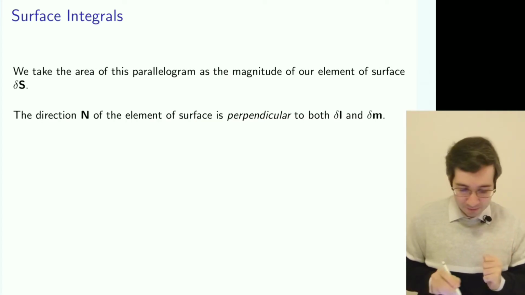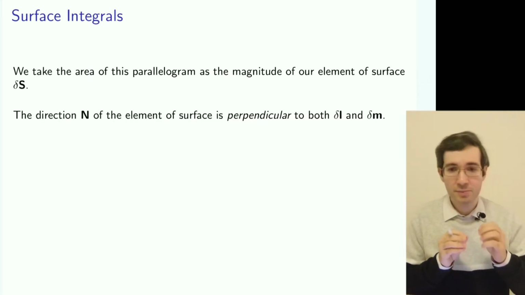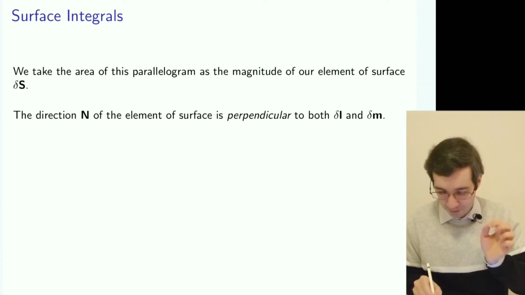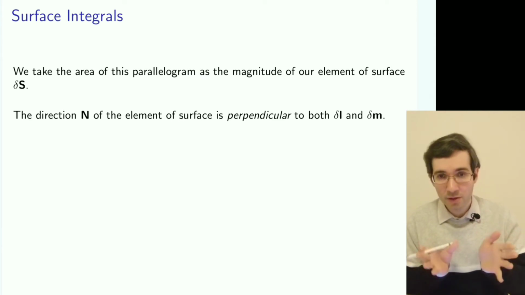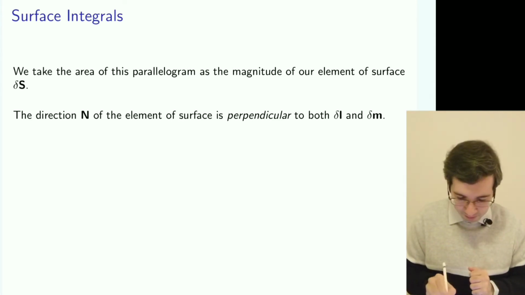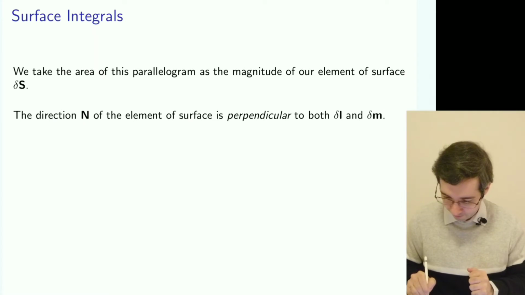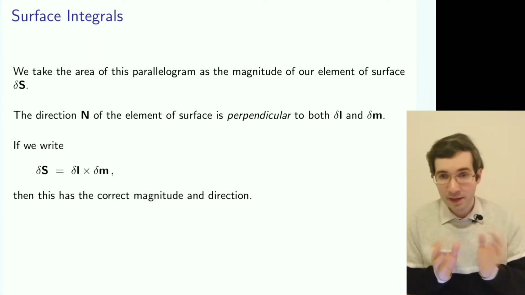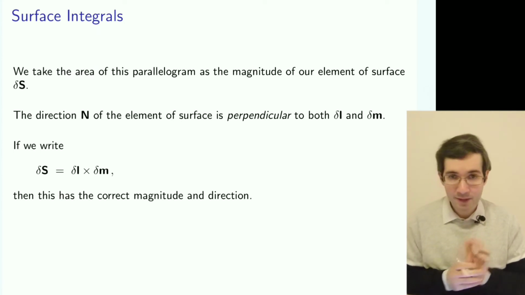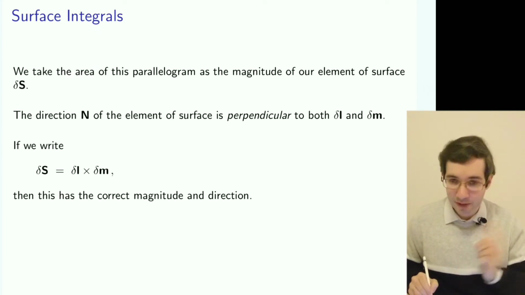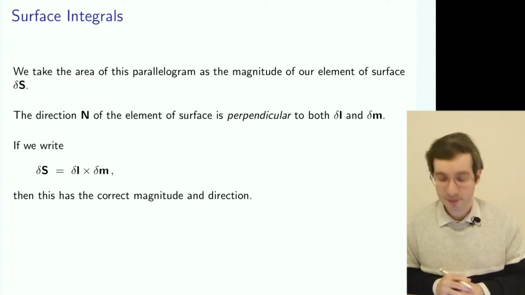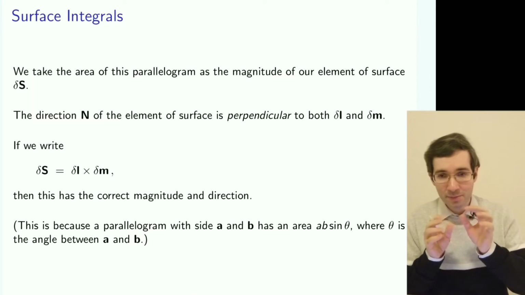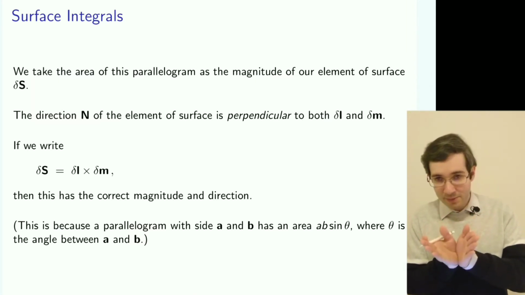Well, we know that if n was a vector perpendicular to the tangent directions, and we multiply each tangent direction by a little bit to get these 2 vectors, the n vector still will be perpendicular to both of them. And if we write them as a cross product, then that would actually give us the element of the surface. And it has the right magnitude and the correct direction. Now that is a little parallelogram with some angle between.